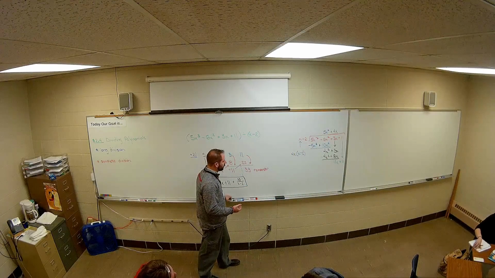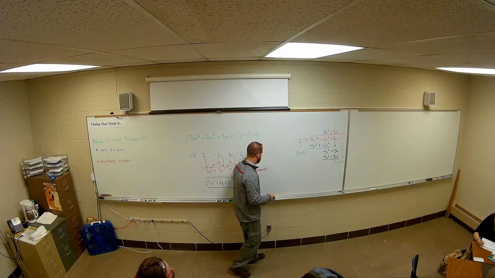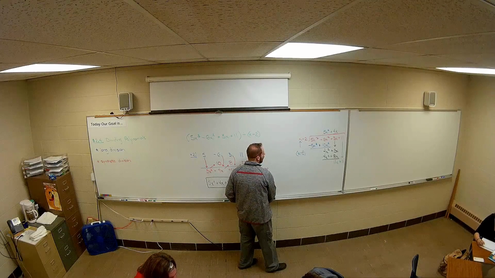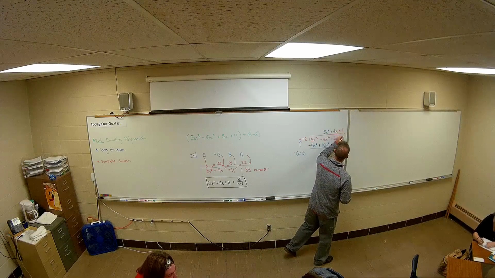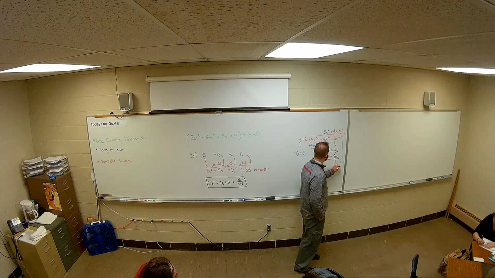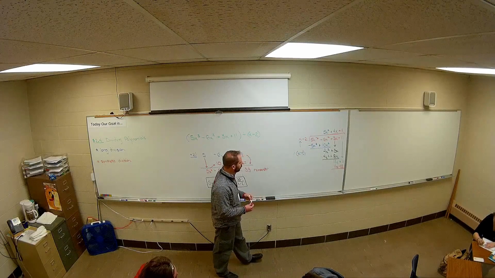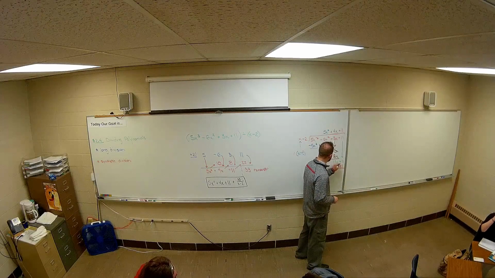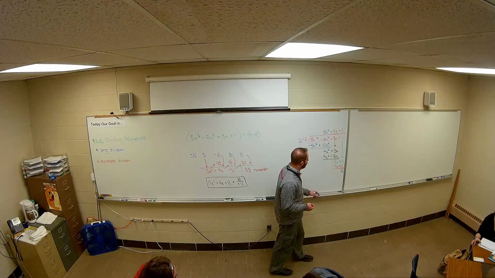And now we're on to the last step here. What do I take times this x to make the 11x? 11. So I'm going to multiply by a positive 11. And if I multiply by a positive 11 here, this would be 11x minus 22, because I have to distribute the 11 through. And when I switch the signs here, the 11x cancel out, and I'm left with 33. That's my remainder.